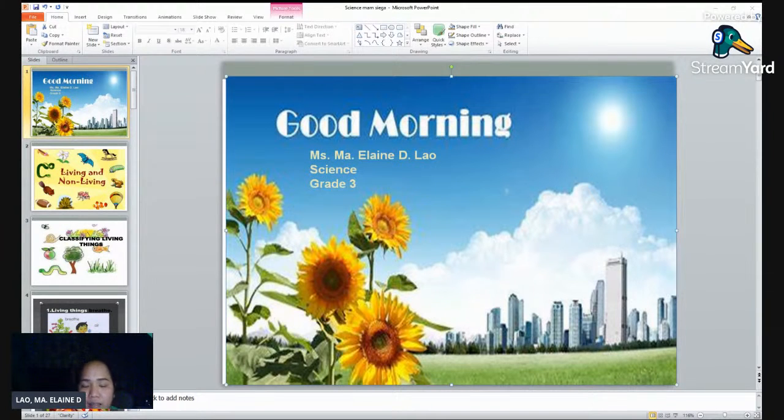Now we have an activity on the characteristics of living and non-living things. Which of these things are living and which are non-living? All you have to do is take down all the living and non-living things. Okay, these are the answers. As you can see, all the living things are animals, plants, and likewise humans. And the non-living things are all